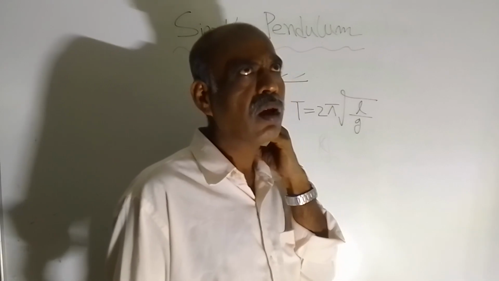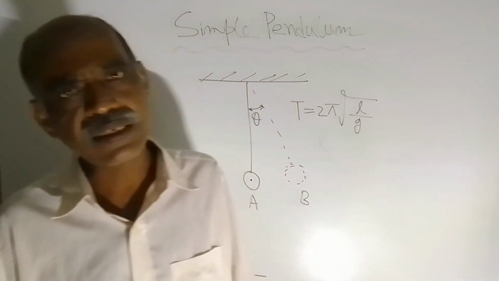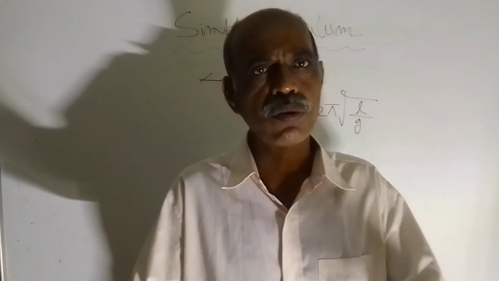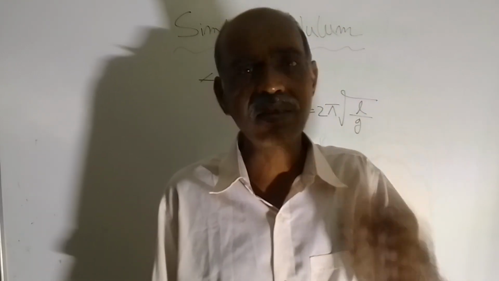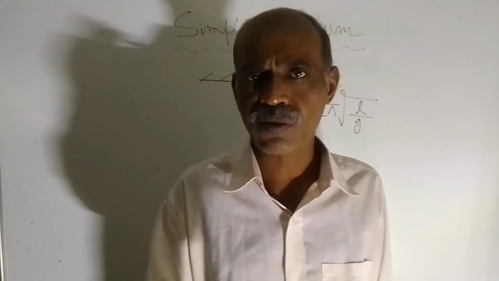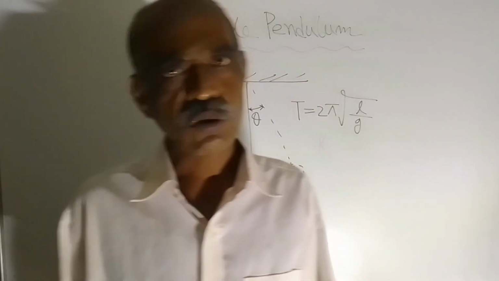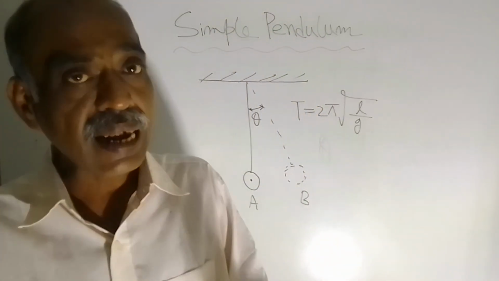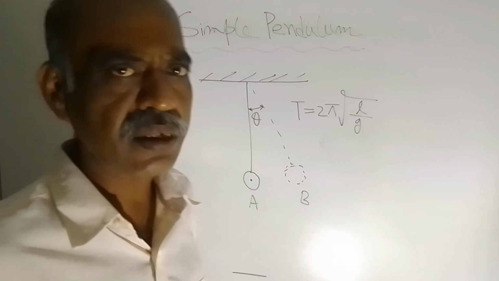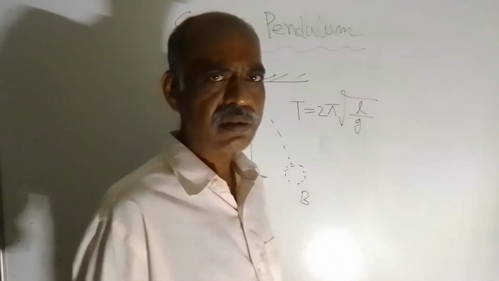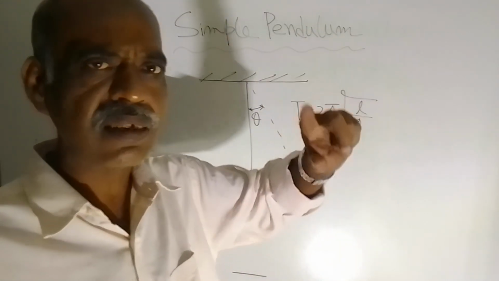But when theta exceeds the limit of 4 degrees, in that case sin theta cannot be written as theta. In that case you have to use de Moivre's theorem. According to de Moivre's theorem, sin theta is equal to theta minus theta cube by factorial 3 plus theta to the power 5 by factorial 5, etc. So that series you need to use, and in that case you won't get this formula if theta exceeds 4 degrees. But if the maximum limit of theta remains within 4 degrees, then sin theta can be written as theta,